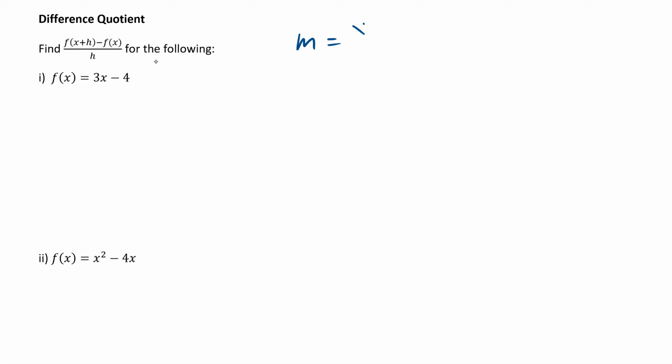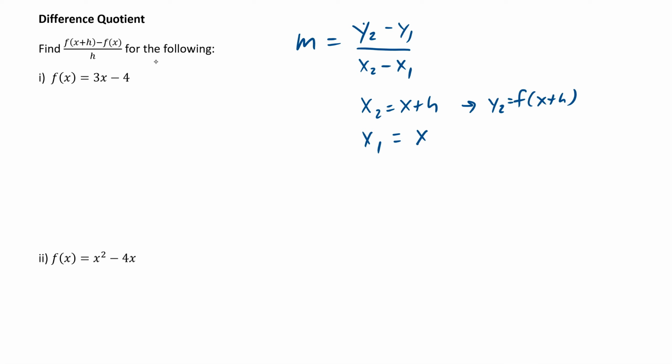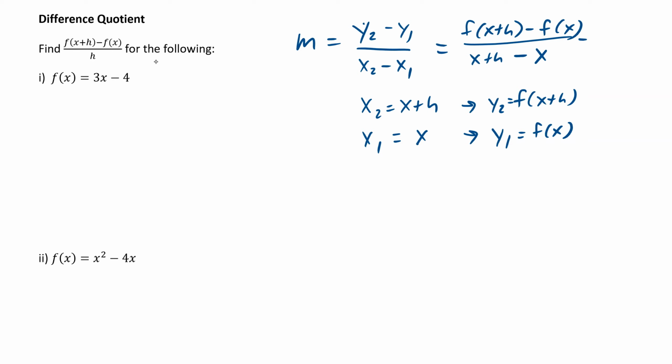If you have y2 minus y1 over x2 minus x1, this is your slope. So if we say that our x2 is equal to x plus h and our x1 is equal to x, then this would give us our y2 is f of x plus h, and our y1 is f of x. So plugging those in, we get f of x plus h minus f of x over x plus h minus x. Simplifying it,